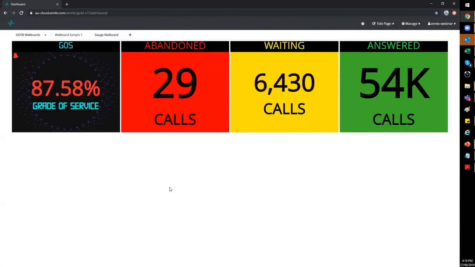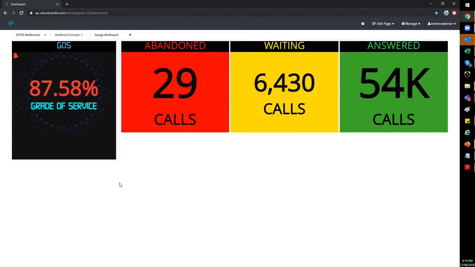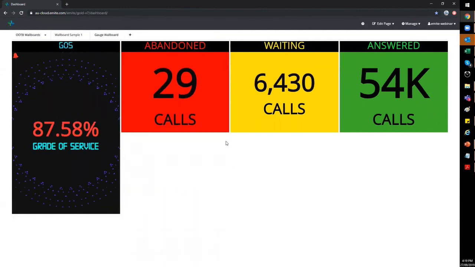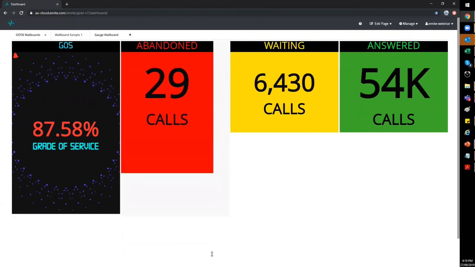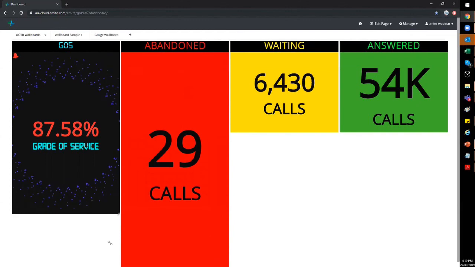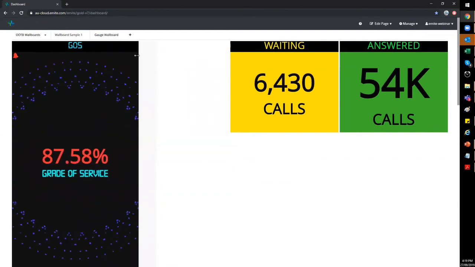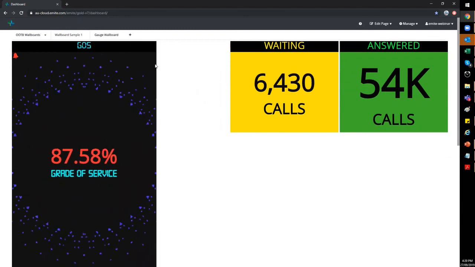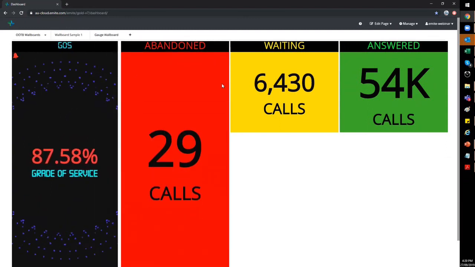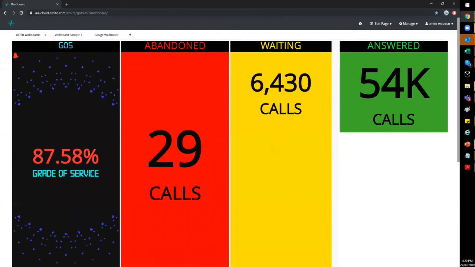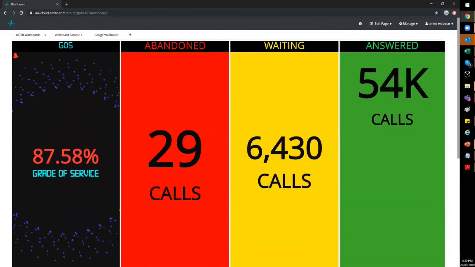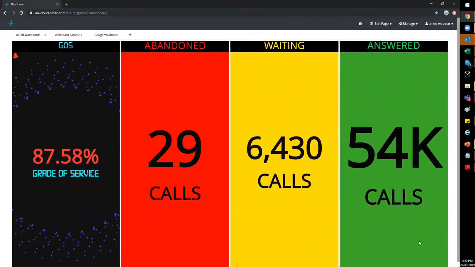So if we're happy with this, can also make sure to resize our data blocks to make it bigger and more visible. So go ahead and maximize this. All right, oops, just move. There you go. Same thing for this, and then my last data block. All right, so if you're pretty happy with the settings you've done,